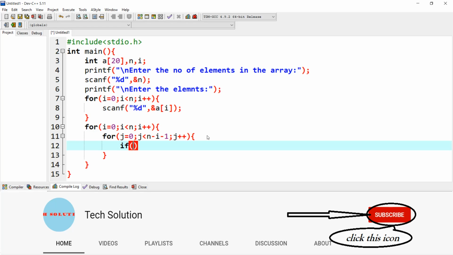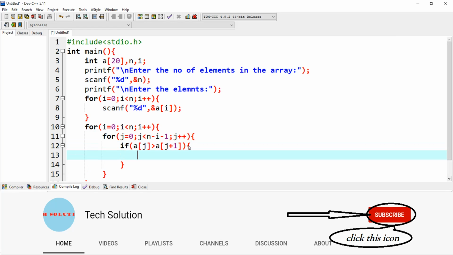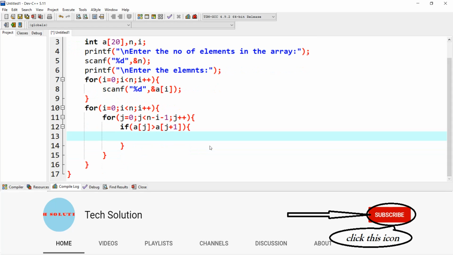Now the condition is: if array of j is greater than array of j plus 1, that is the next position, and if this condition is true, then